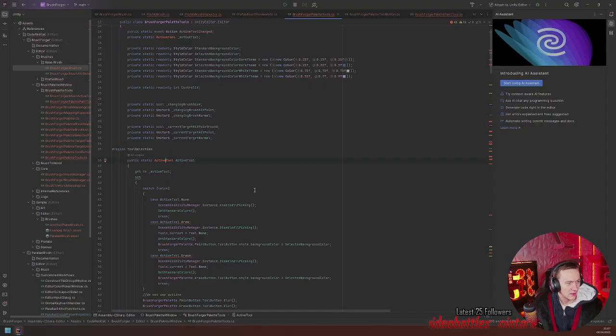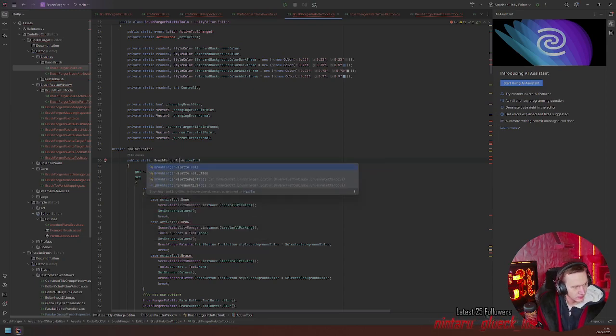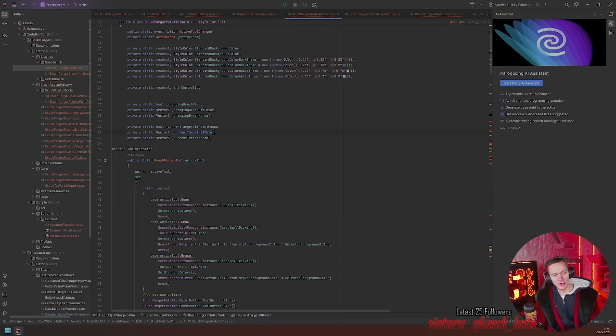Active tool. Active tool. Going to rename this Washforger tool. The refactoring right now is insane.